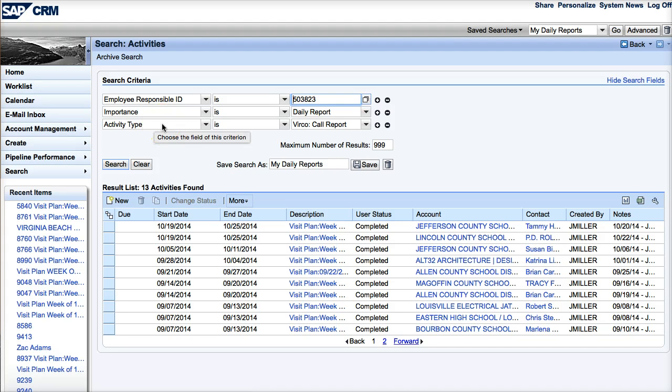Daily reports are an important and active way that we do business, and we do need you to continue to mark these. Regional managers will have their own searches set up so that they can see just their teams, and you have your search set up so that you can see just your call reports.